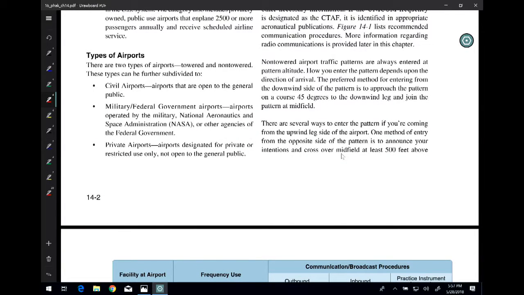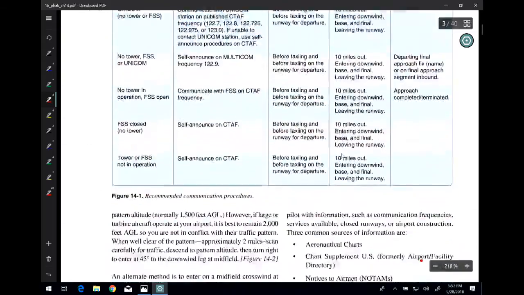Next, what is ATIS? How do we get it? Is it required for us to use? And what information does it give us? So if we look here,